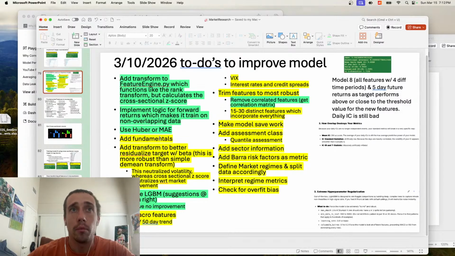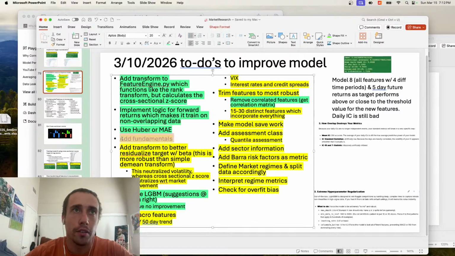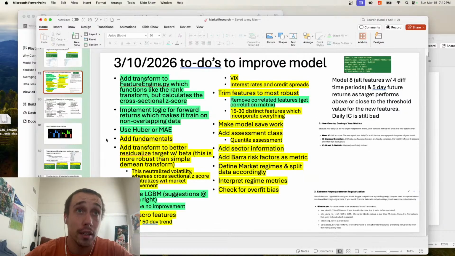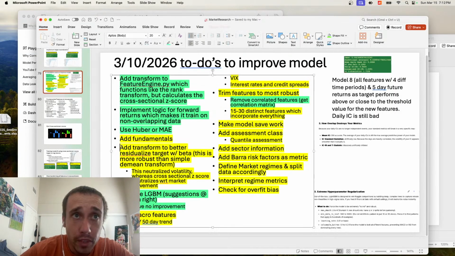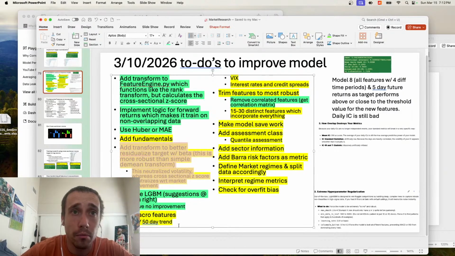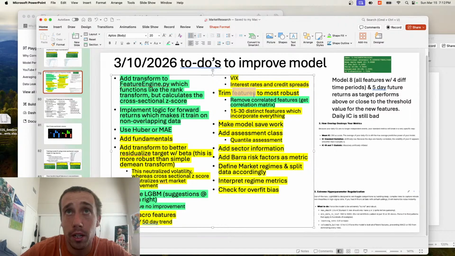So this is probably going to take a while, but I really think this has the highest promise for improving the model. Before I conclude that my model's working, I need to add all the features that I can, which means adding the fundamental data and the features for it. So that's one thing I'm doing, and everything else is kind of just tweaking the model. I want to add some macro features, like the volatility index, interest rates, and credit spreads.